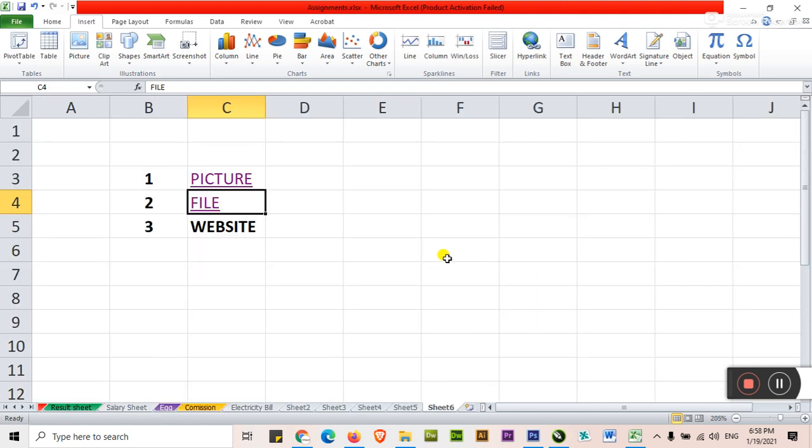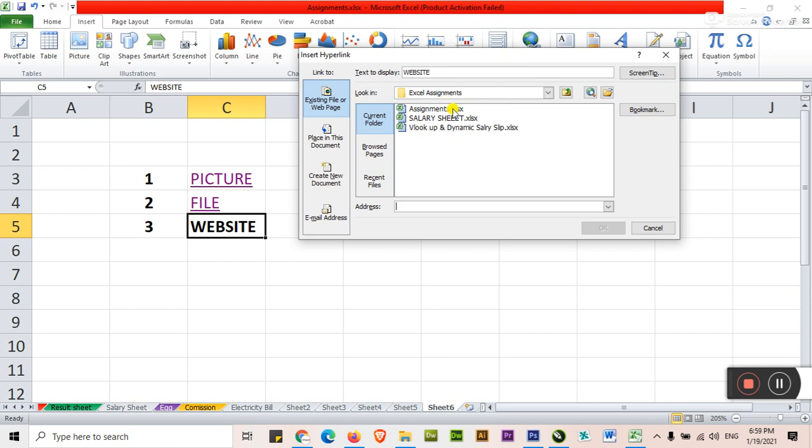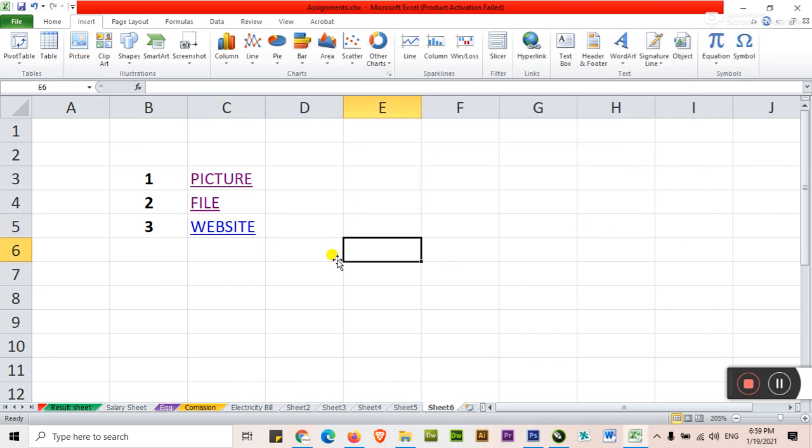Just close the file, just select the website, hyperlink. No need to move here in case of a website. Website means you are going to link with the URL on the internet. Just click here in the address bar, type here in small letters www dot, automatically the complete syntax will show here with the HTTP protocols. You can type the URL that you want, google.com. Just go to mouse, roll over, click, it will open the website in a browser.